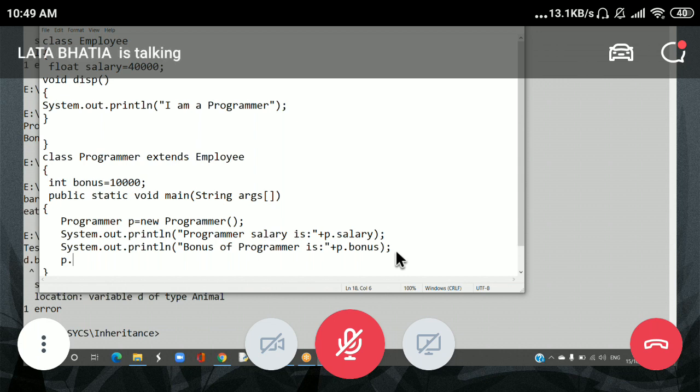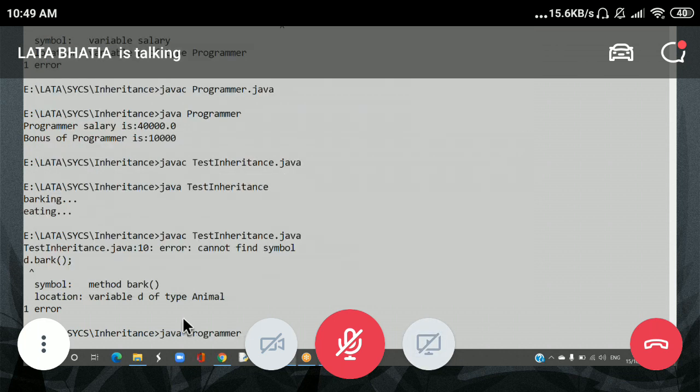Which method do I have to call? Object p dot this. Now what output will I be getting? The output of the salary variable, the output of the bonus variable, as well as the statement inside the this method. This method has a statement, I am a programmer. So let us see.